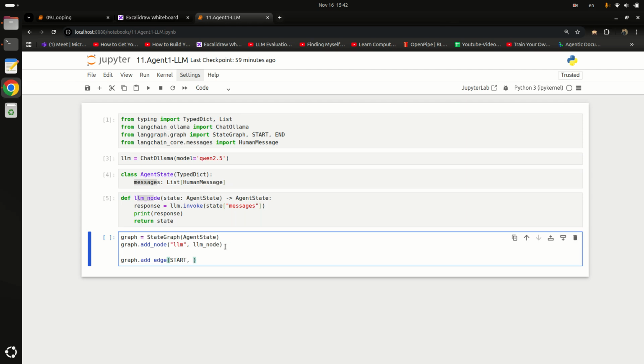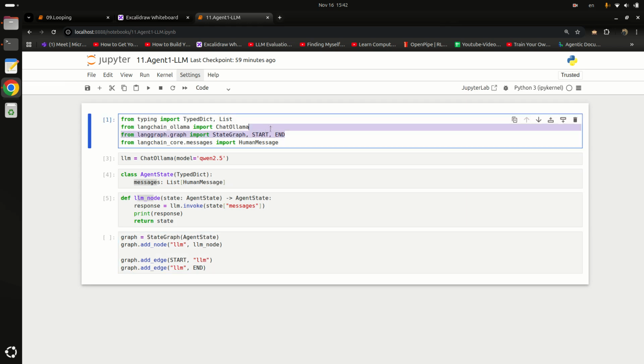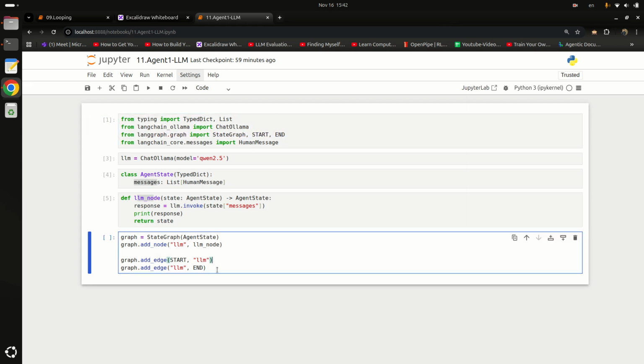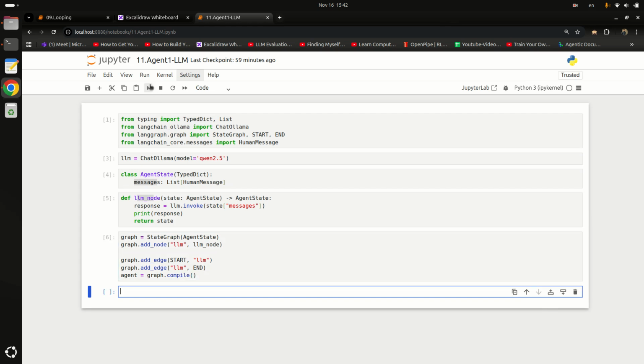So I'm saying add the edge from start to LLM, and also graph.add_edge from LLM to end. We imported start and end here, and we have to compile our graph. I'm saying agent is equal to graph.compile. Let me just run it.